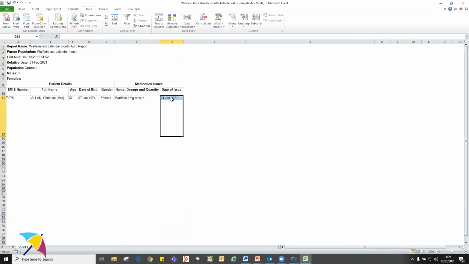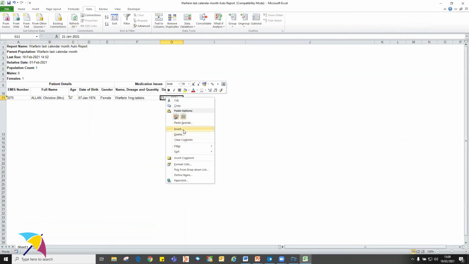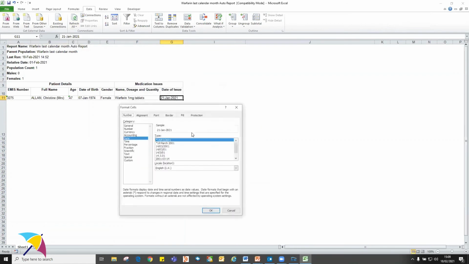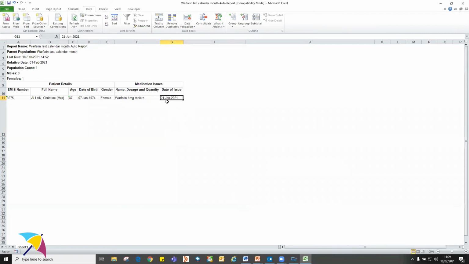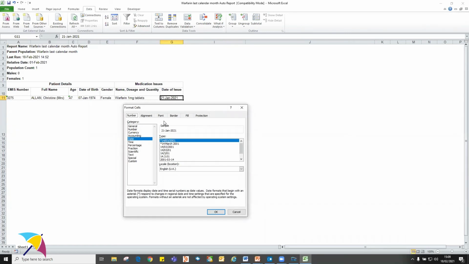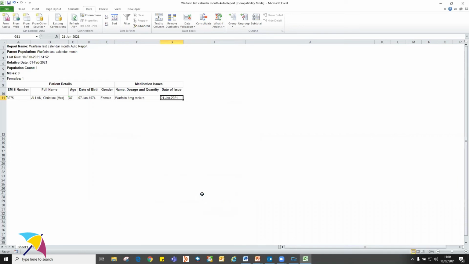Might not like it actually, because of the way EMIS hyphenates it. I think the thing that's going to throw it is EMIS puts those in. If I lose those,